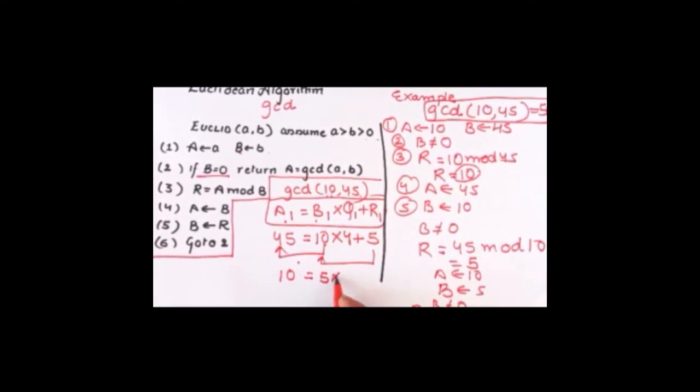After doing this, what to multiply to 5 to get a number which is just smaller than 10? Now, what to multiply to 5? When we multiply 5 into 2, you get 10. Just the smaller number or just equivalent to this number? That is 5 into 2. Plus what to add to get 10? 0. Right. Once you get this number as 0, whatever the value here is, that is your answer.